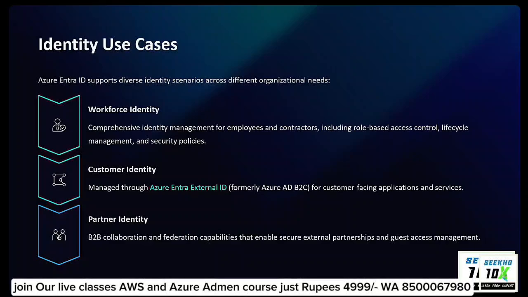So what do you mean by customer identity? As I said, Azure AD is not only for local employees, it also restricts your external users, so you can manage external users also, through Azure Entra External ID, formerly called Azure AD, for business to customer, B2C. Remember this point: B2C means business to customer. So who is a customer, who is a business? Let me take an example: I am the company, I am running a website, and